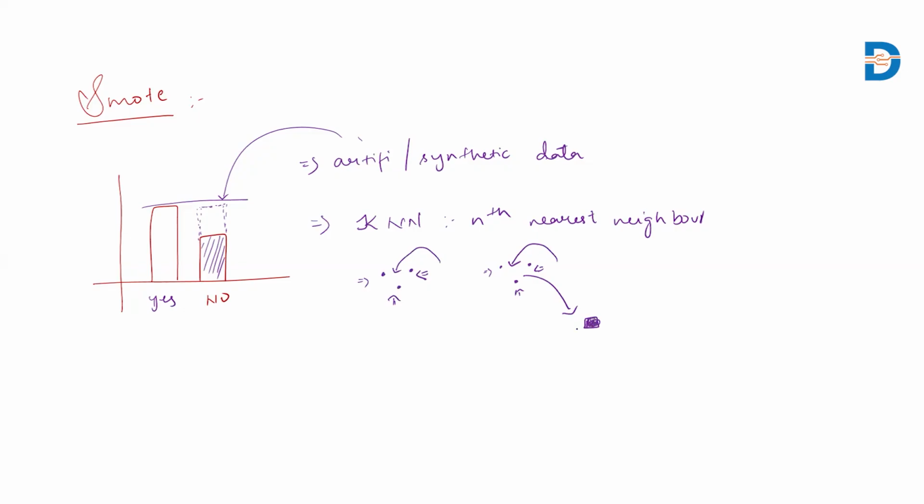There are two techniques it uses. One is interpolation, the other one is KNN. For each and every data point in the minority class, the k neighbors will be selected. Let's say if the neighbor number is three, three neighbors would be selected, and you interpolate between them. That is, you connect a line between them, and with the influence of these nearest neighbors, you calculate and come up with a new synthetic data point. That is how SMOTE adds synthetic data points to the minority class and makes the classes equal.